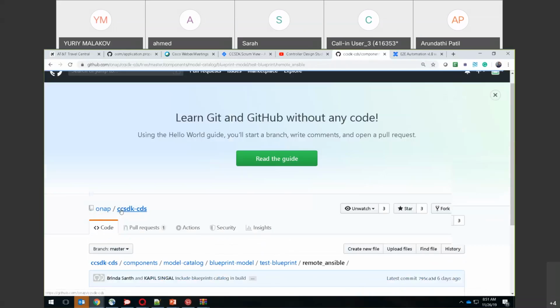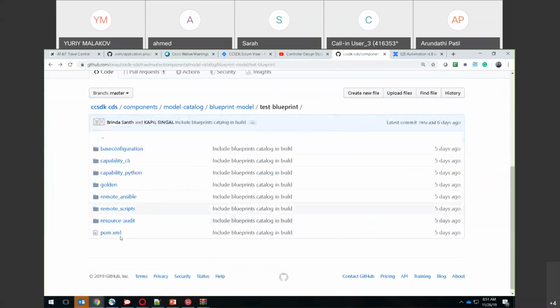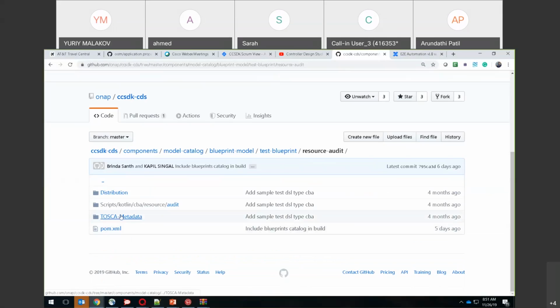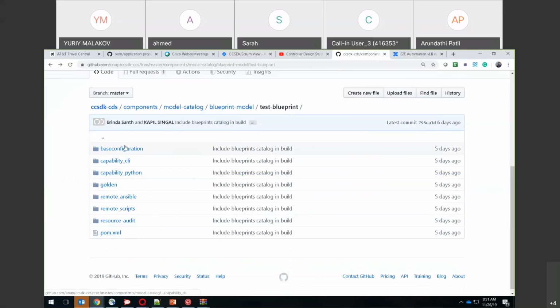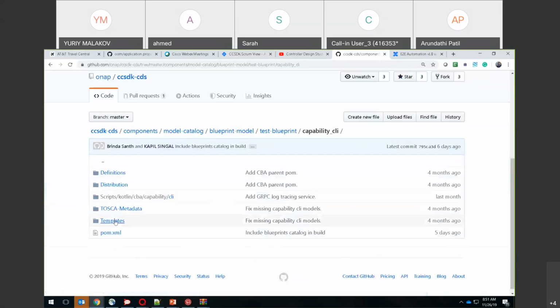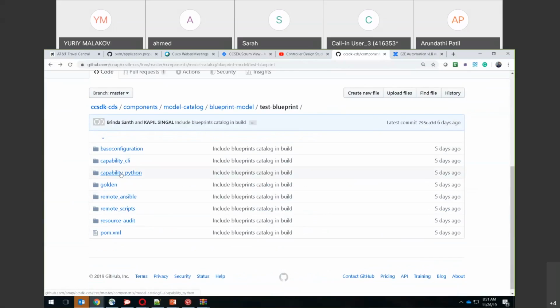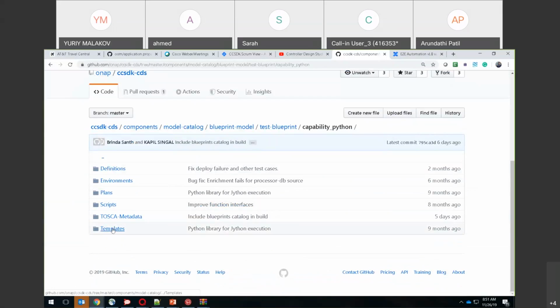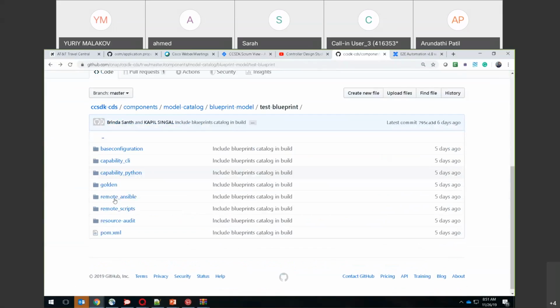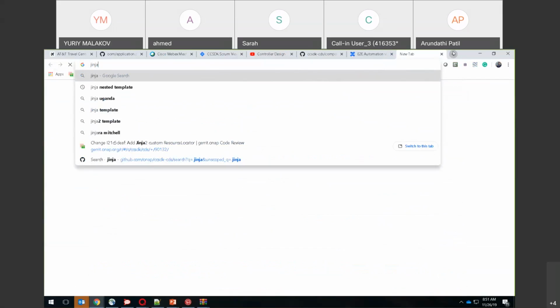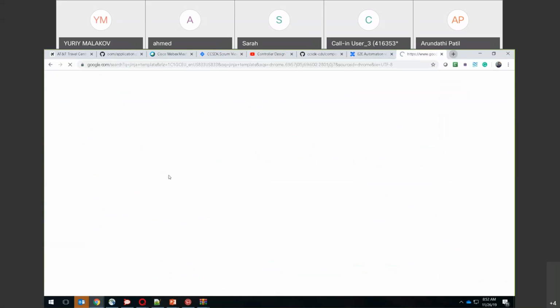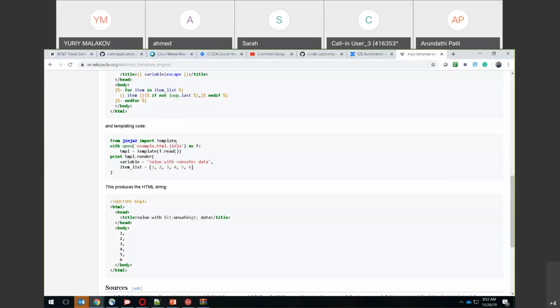About Ansible maybe here. Scripts, templates, and, don't see it here. Templates. Okay, where is it? Yeah,